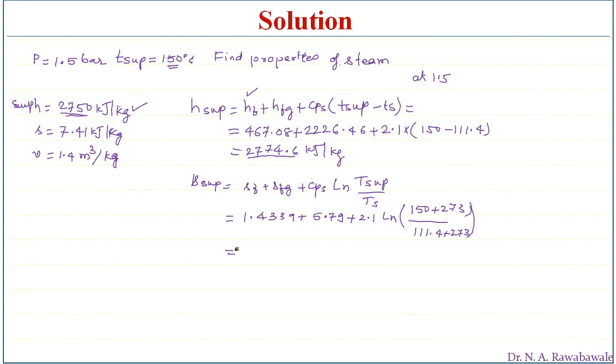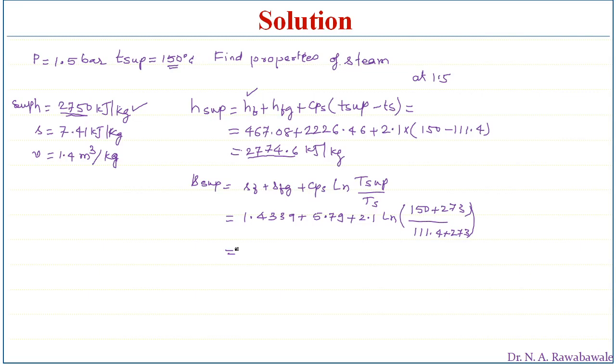So (150 plus 273) divided by (1.4 plus 273), of natural log of this, 1.4339 plus 5.79 plus